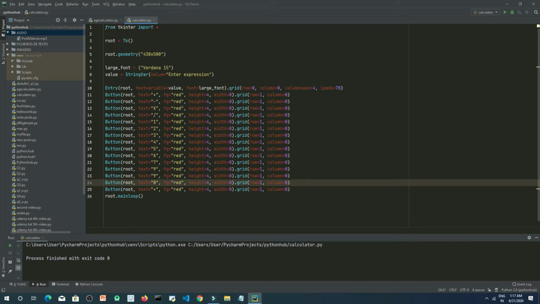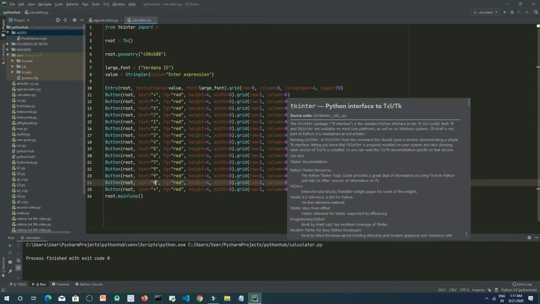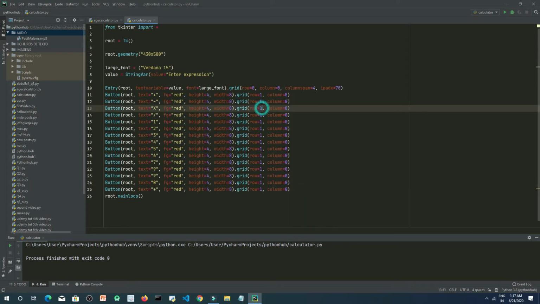So these we need to place them on the different places, right? So here, as you can see, we will show them in the different rows and different columns, right? So plus has been assigned to the row first and column 0, right? So now let's go to the minus sign. So we will place it to the second row, and again the column should be same, okay, and row should be second and columns will be same, okay. Now let's make it to be 3 and it to be 4, right?